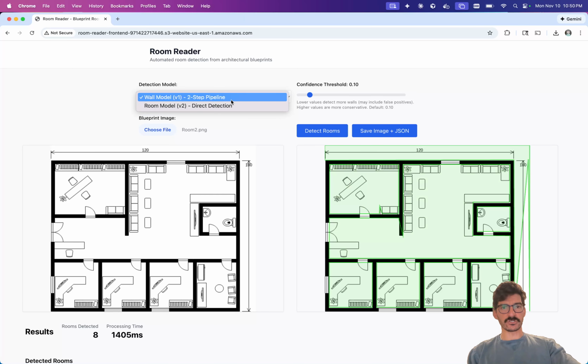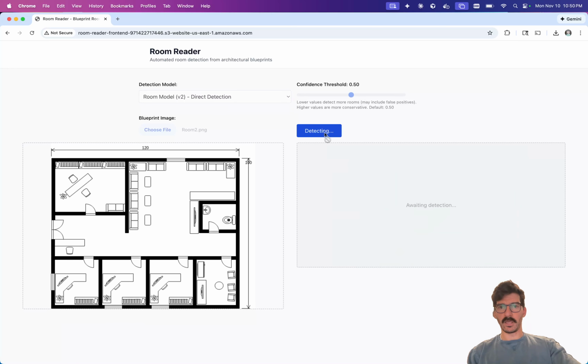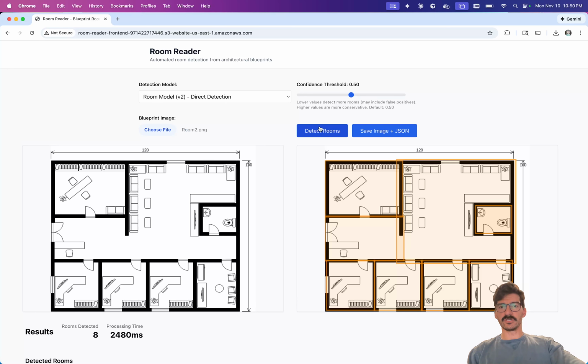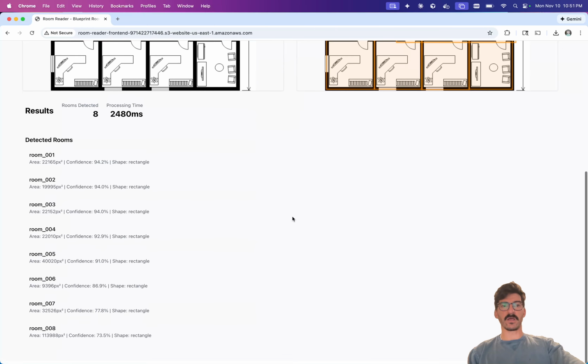Now, if we change this to our room model and we run this detection again, you'll see that we get a clear separation at all major boundaries and partial boundaries. Both models allow you to save your results out to the composite image and the JSON, as well as giving you room